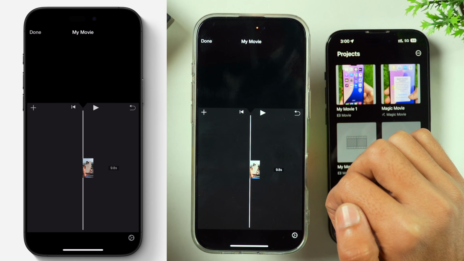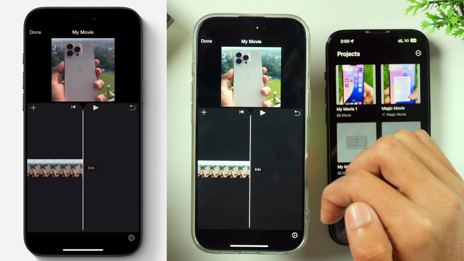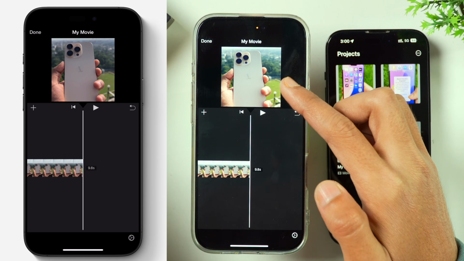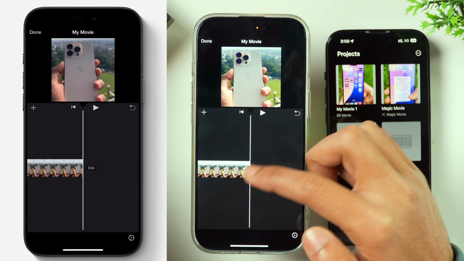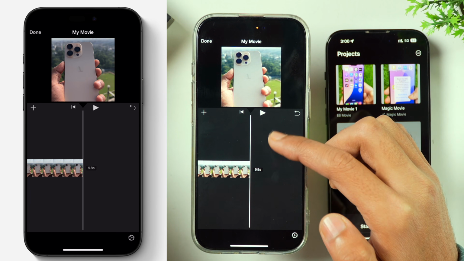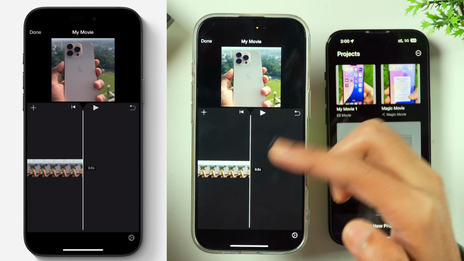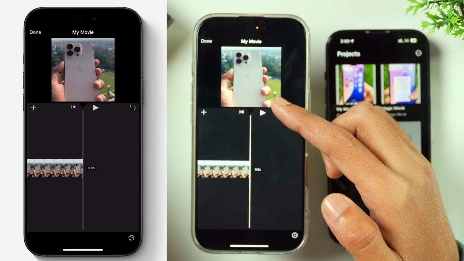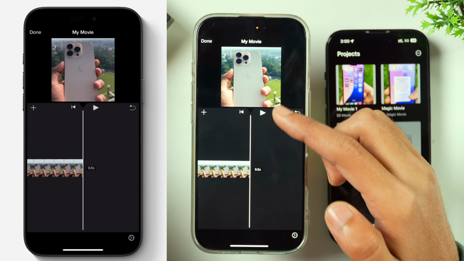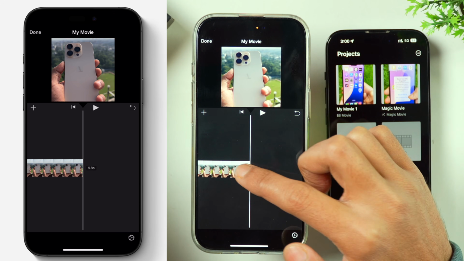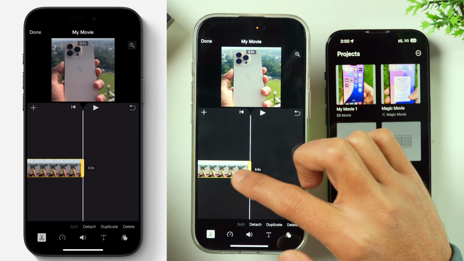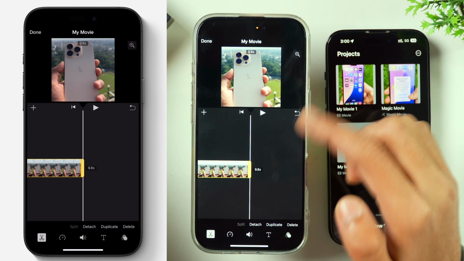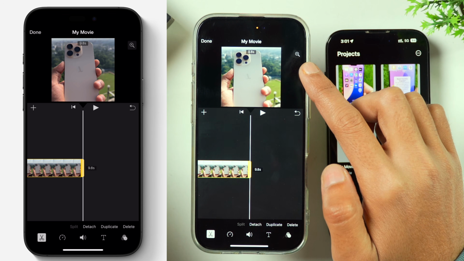So once imported, you will see, as I previously mentioned, here is our preview window and here is our timeline and this is our playhead. And one thing you might have noticed here is that in the preview window, you will see the video is showing in square format, but we can fix that by simply tapping on the video layer here, and once you have tapped on the video layer you will see there is magnifying glass with plus icon here.